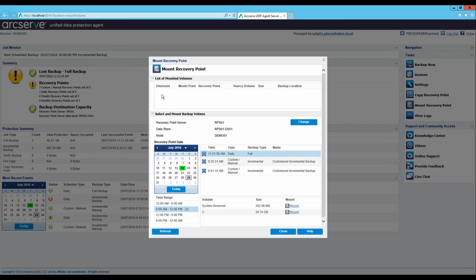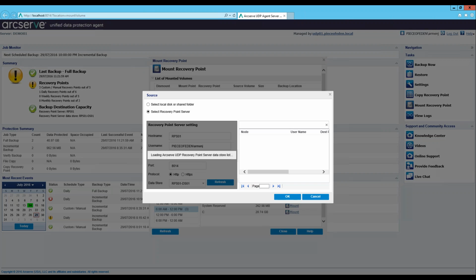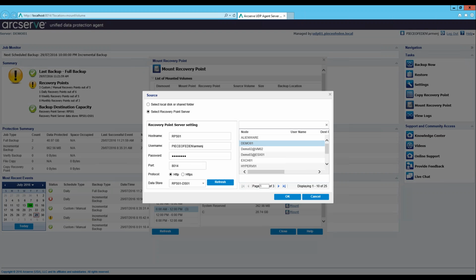Again, the top part shows already mounted volumes. I have none. The middle here shows the backups for Demo 01 because by default, it shows you the machine you've logged into. I want to change this, so I'll click on Change, and I want to connect to the Exchange server backups. So here I can click on Exchange. If I say OK,